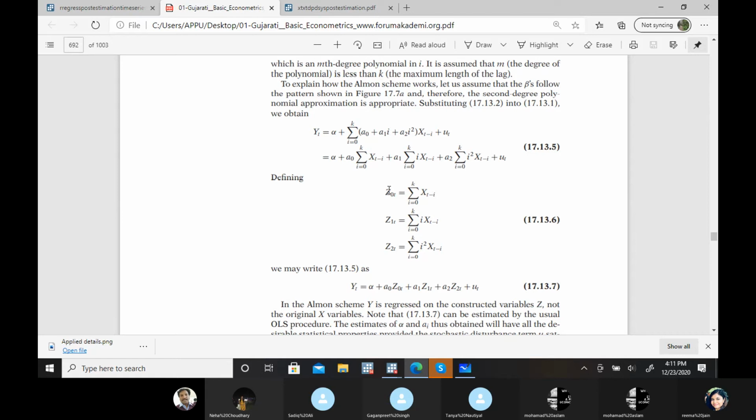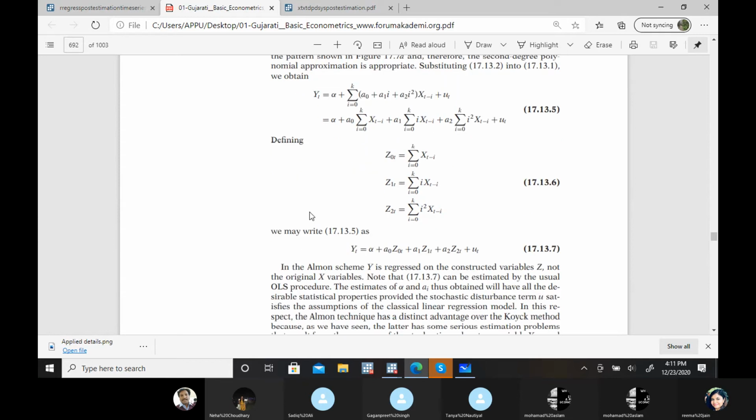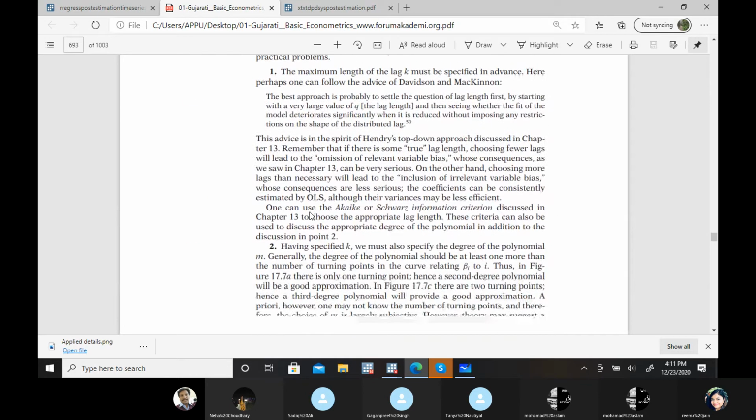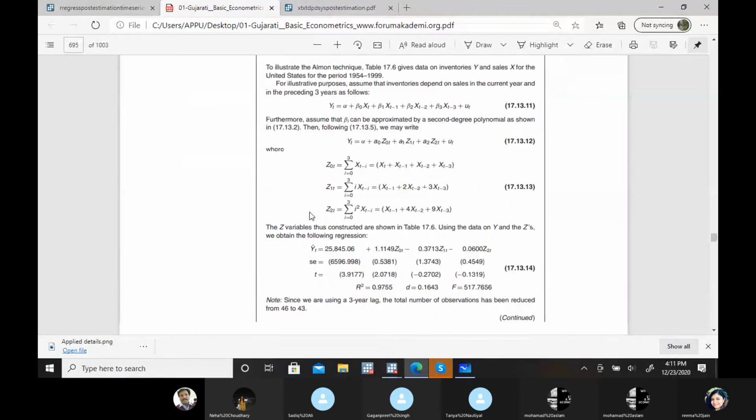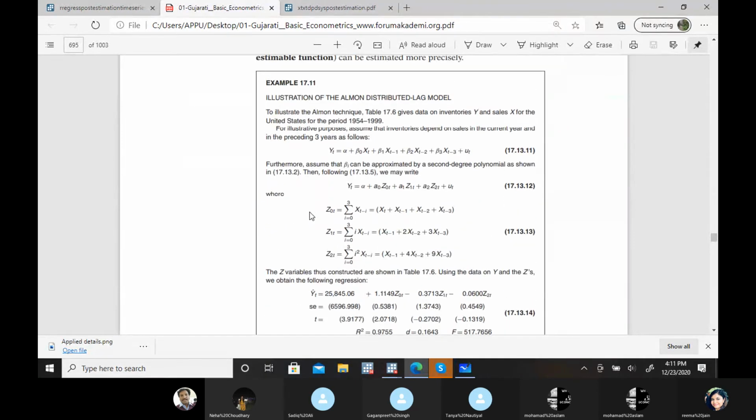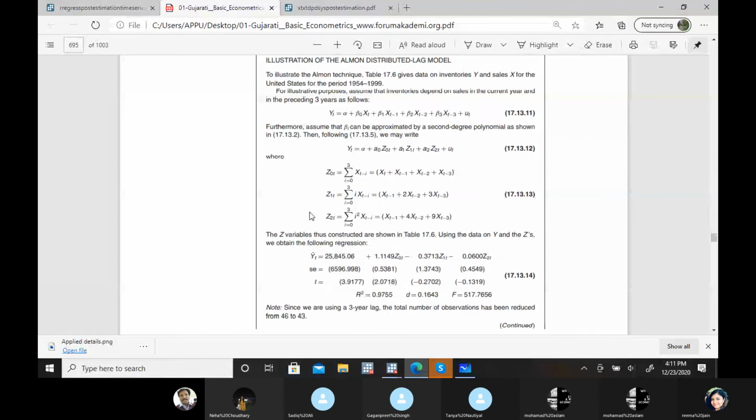Now we need Z0, Z1 and Z2 values to run this model. Now what are these values? Okay, first just take this example, the sales and inventory example.